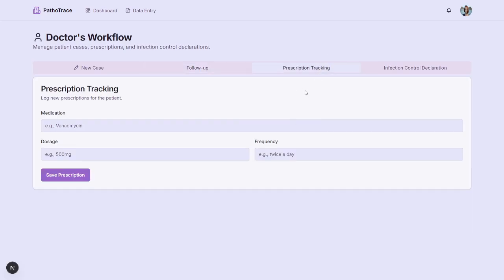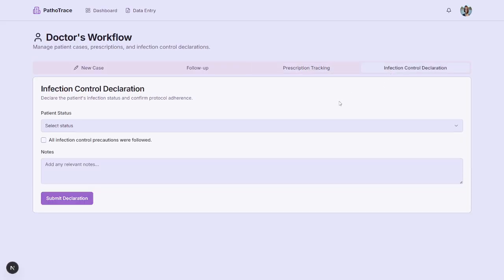Moving on to prescription tracking. Why is it important to make a note of the antibiotics which have been prescribed? One of the most common causes of multi-drug resistant pathogens evolving is the irrational use and overuse of antibiotics. So, the very crucial step is to track the prescription and use of antibiotics by doctors, and the selling of antibiotics by pharma companies. So, that's why it's important to know the medication used, the dosage, and the frequency of the same.